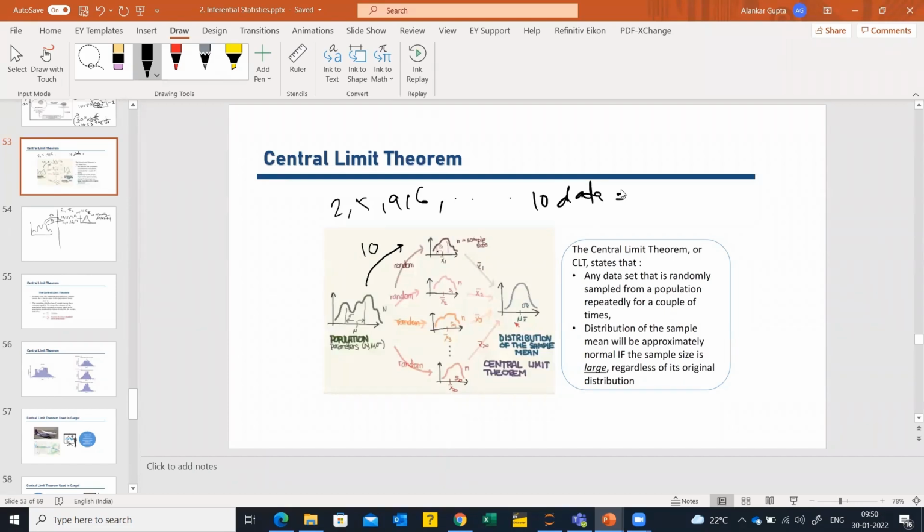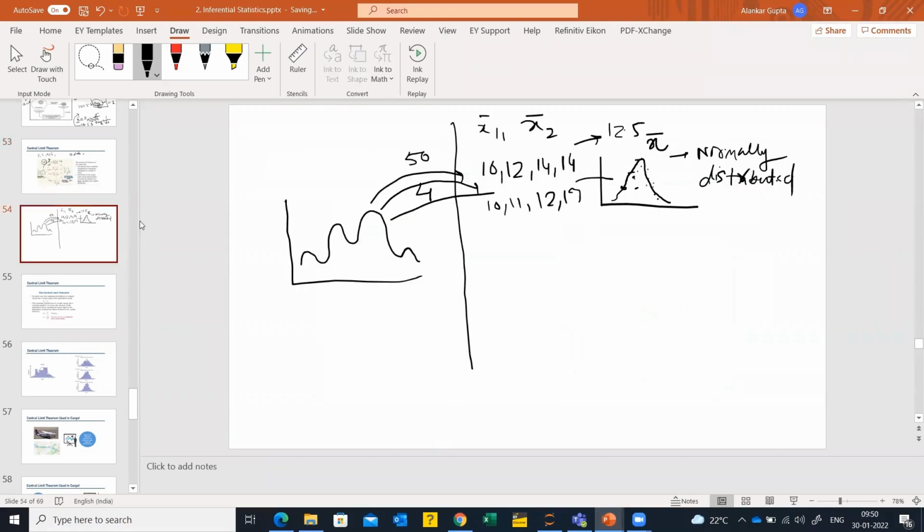So is it perfectly normally distributed every time, or is there some deviation? No, it is not perfectly normally distributed every time. We will understand this again in the next slide. For example, here I have taken only 4 items, 50 times. As and when the number of items increases for each sample, the distribution will actually become more and more normal.